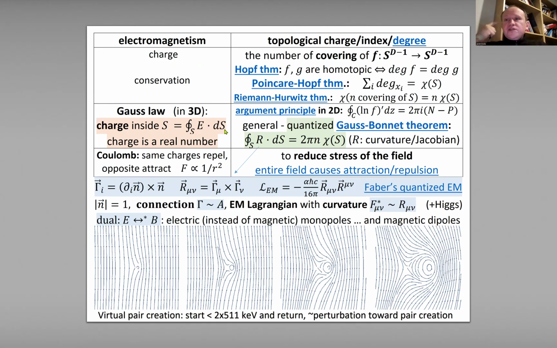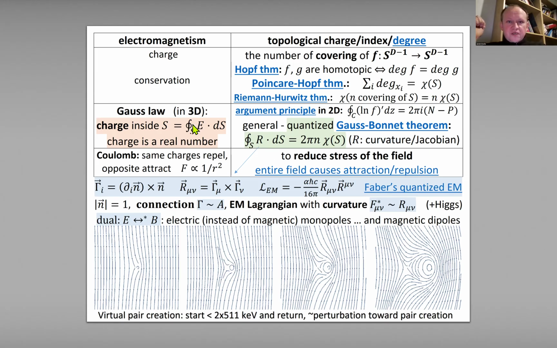And there are these topological versions with topological charges, where the topological charge is this winding number. So this is how many times we wrap a sphere around a sphere. To calculate it, we need to integrate the Jacobian, and the Jacobian turns out to be this curvature. So we get this Gauss-Bonnet theorem that looks very similar to the Gauss law, but using the curvature in place